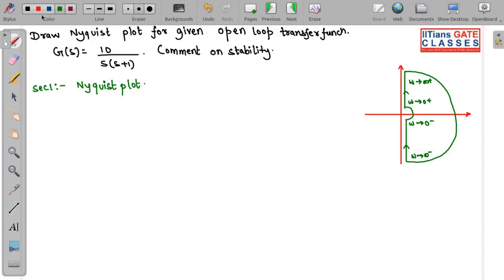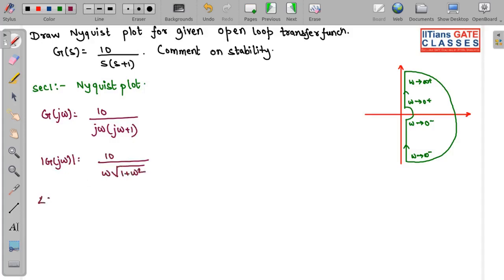so if you have to draw this, so very quickly let us do G of j omega. So that will be 10 divided by j omega plus 1. Okay, so let us take the magnitude. So that will be 10 by omega under root of 1 plus omega square, and phase of G j omega. So this will be equal to your minus 90 minus tan inverse of omega. Okay, so omega